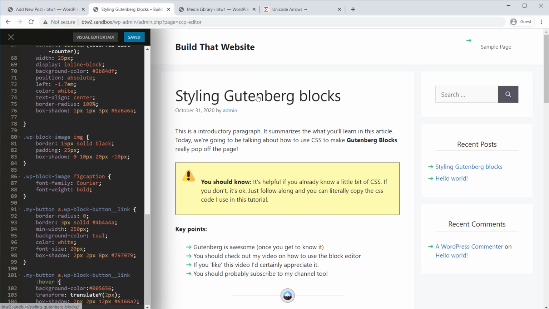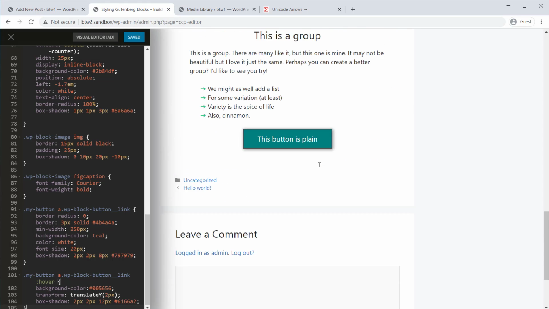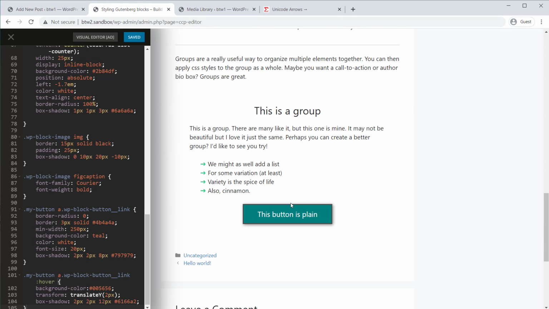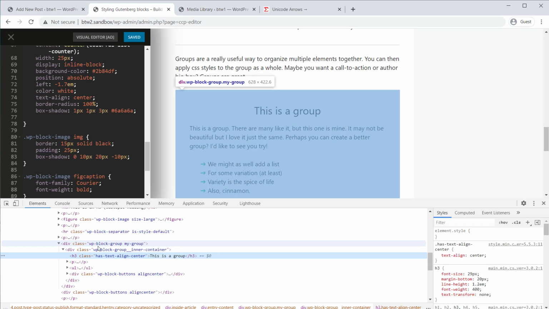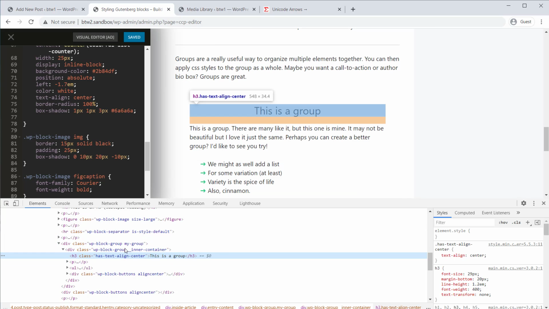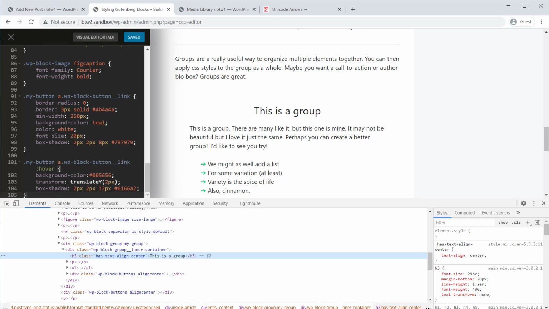And let's go back to my Gutenberg blocks, and let's inspect our group. Okay, so it's applied our class. So we have a div block, and it's a WP block of class my group. So to target this,